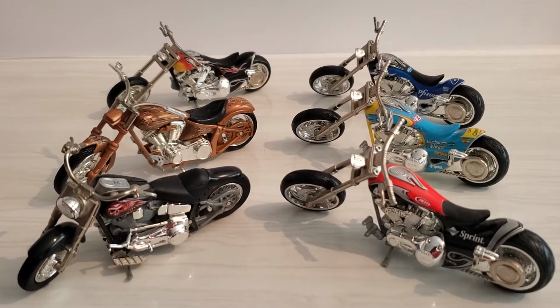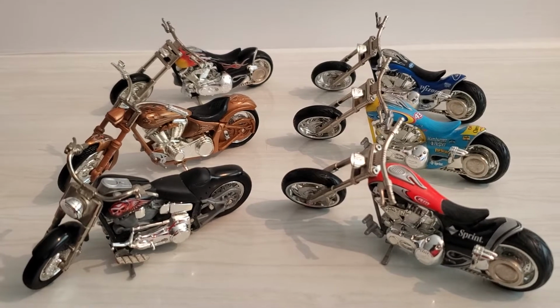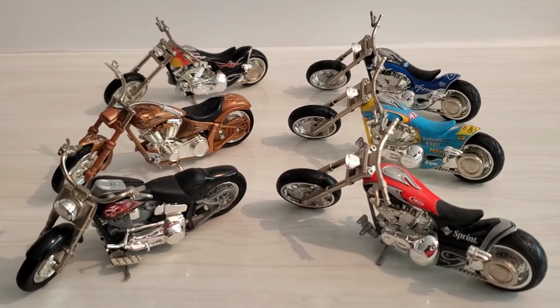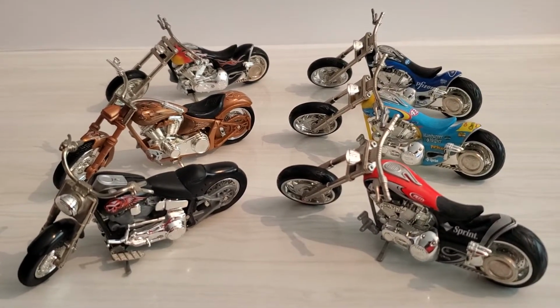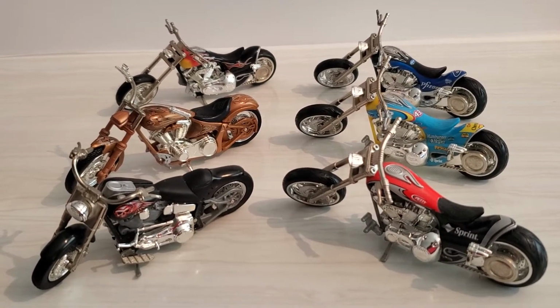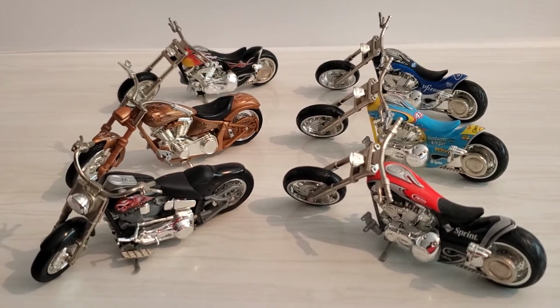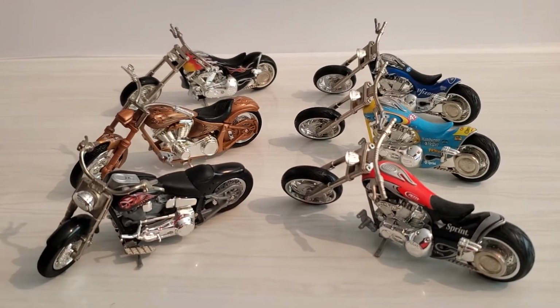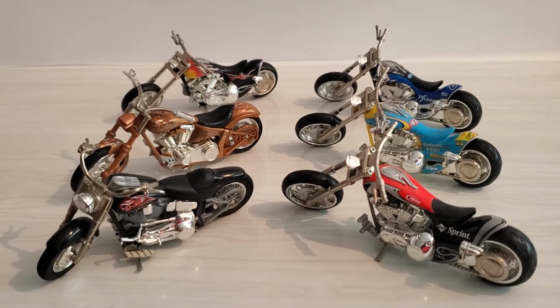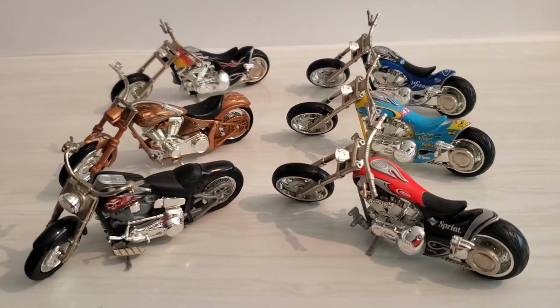And of course, Hot Wheels makes motorcycles. I think I have just about every motorcycle they made and various other editions of those motorcycles. Scorchin' Scooter is one of my favorite ones, so I have a bunch of those, all in different colors and issues. And so anyways, I hope you enjoyed this video,